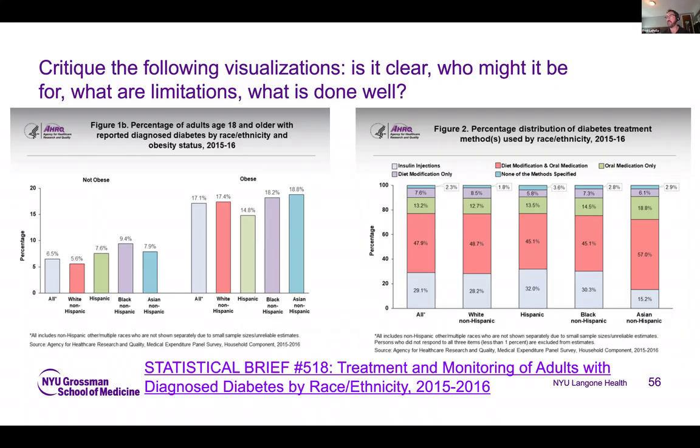I also received a slate of visuals that we could look at from Emma's team. So I'm also happy to jump over there, and also happy to take questions because I realize I've gone slightly longer than the originally planned time. But in your opinion, what makes sense or what doesn't necessarily make sense, say, about the left or the right chart? And feel free to add to the chat.